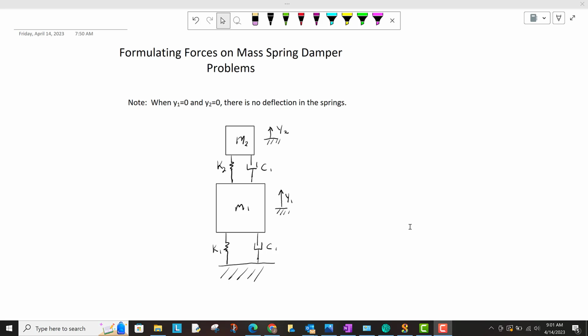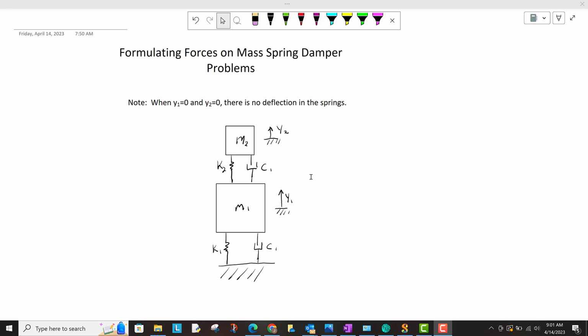Several students requested that I show an example and give a detailed explanation of setting up forces on a mass spring damper system. So here are a couple masses stacked on each other connected with springs and dampers, and the lower mass is connected to ground with a spring and a damper. Noting that when Y1 is 0 and when Y2 is 0, there's no deflection in the springs. That would say that when mass 2 is at its origin and mass 1 is at its origin, there's no spring force